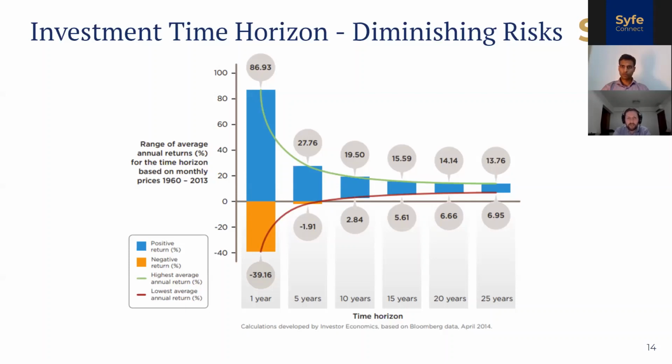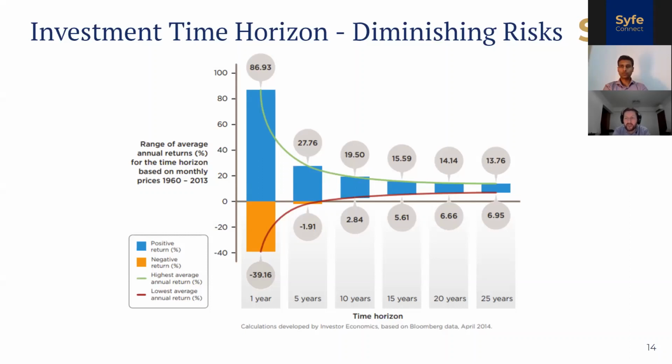So quite a large spread, quite a large variance if you have a super short 1-year timeline, and obviously a 1-year timeline is not advisable for investing. However, if you look at a time horizon that's much longer, so now if you look at 15 years, 20 years, 25 years, what you'll see is the worst case. The worst case is denoted by the red line here. So the worst case in terms of return over 15, 20, and 25 years is 5.61, 6.66, and 6.95 percent of